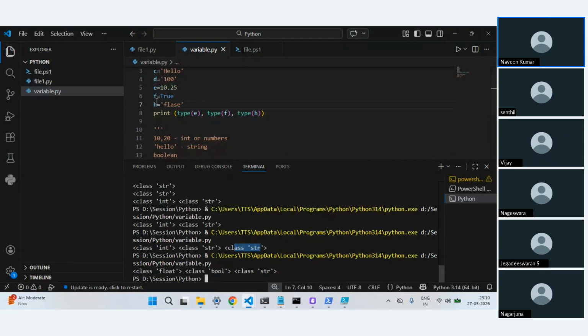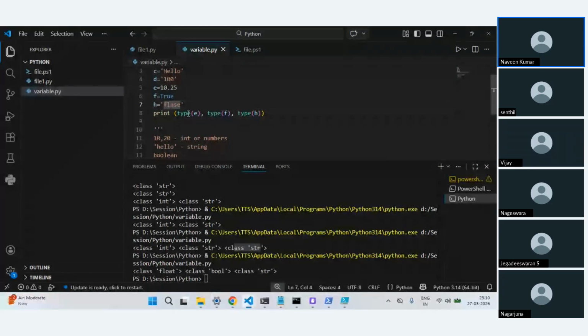Now, if you see, this E is a floating number, which is 10.25, and F is a Boolean. It's either true or false. In those kinds of situations, you can use a Boolean data type. As I said, even though I have written false, it is treated as a string.